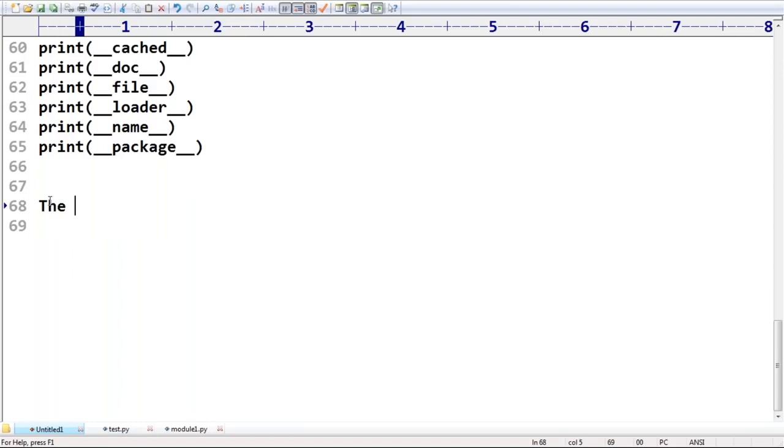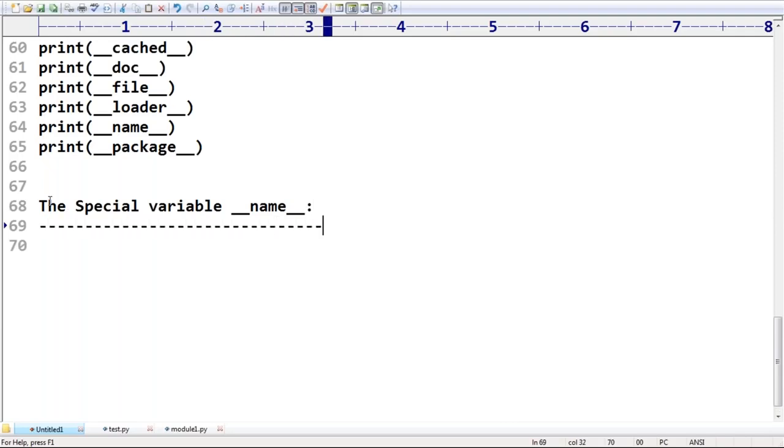What is the next thing we have to discuss? The special variable, underscore underscore name underscore underscore. This is very, very important, sir. Just have a look once. What is the purpose of this underscore underscore name underscore underscore? Anyone? Can you please guess something?